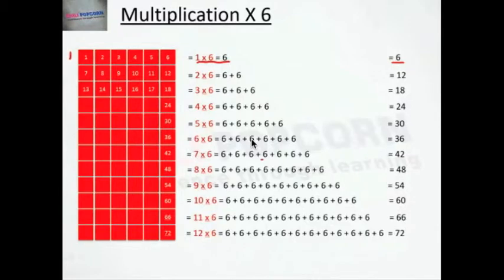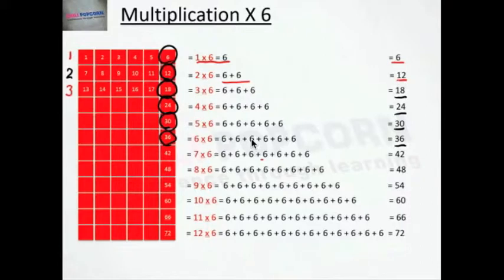So 2 times 6 is equal to 6 plus 6, right? Because we've got 6 boxes, we're taking it 2 times, it's equal to 12. In the same way, 3 times 6, and I've helped you with counting the numbers again, so you can see the numbers over here. This was 1 times 6, 2 times 6, 3 times 6 is 18, 4 times 6, which is 24, 5 times 6, if you take 6 boxes 5 times, you get 30, 6 times 6 is